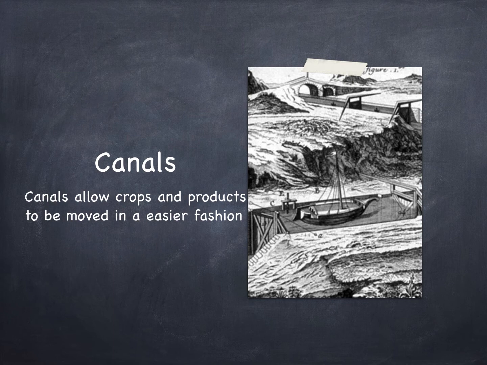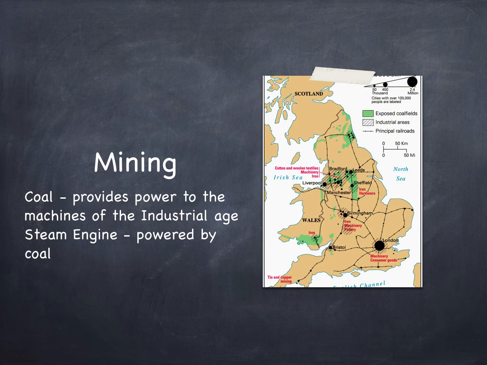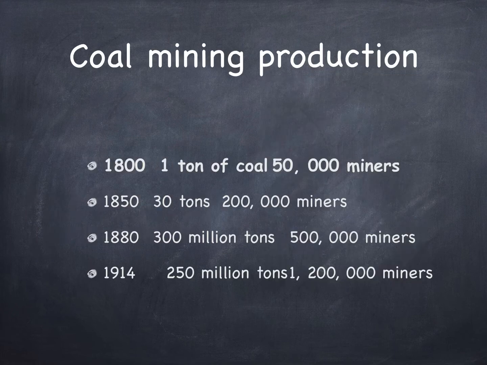The big innovation was mining, and in that video you watched, there was a lot of information about how coal was super plentiful in England, and that is why they were able to mine so much of it. It becomes the real engine of the Industrial Revolution. If you look at coal mining from 1800 to 1914, it just grows exponentially. It's out of control how quickly it grows.